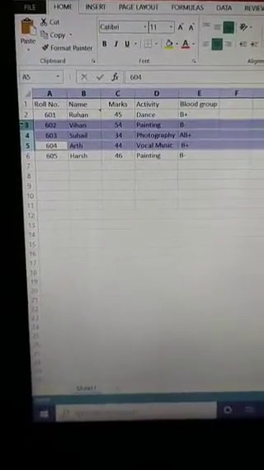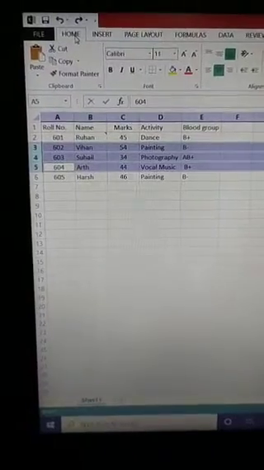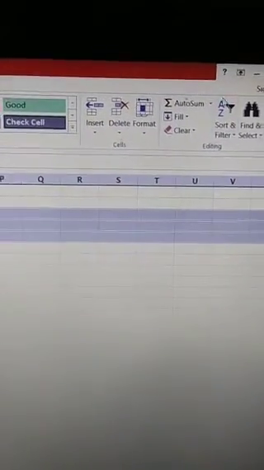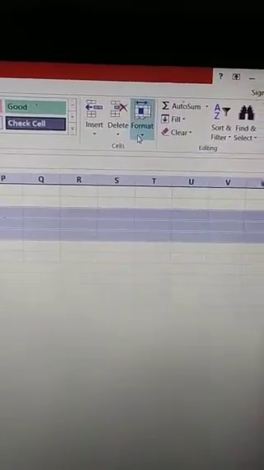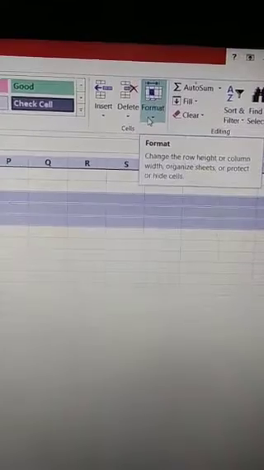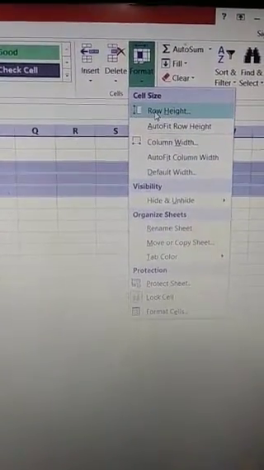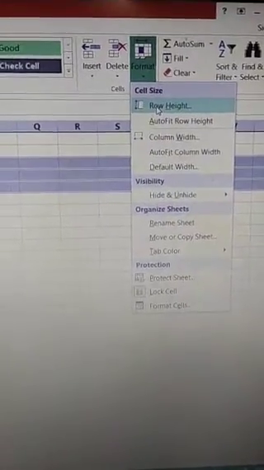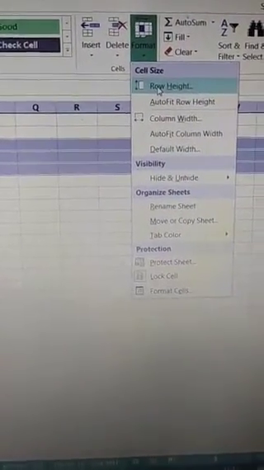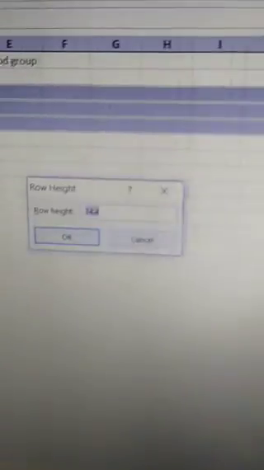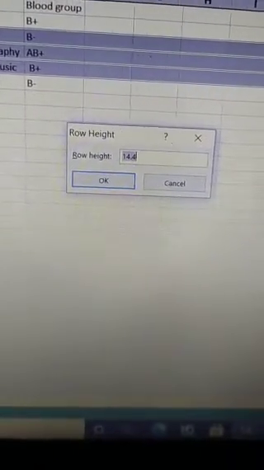At first I have selected these, then I have to go to the Home tab. In the Cells group, click the Format button. Click on the drop down. After clicking on the drop down menu, here is the option, Row Height. When I click on the Row Height button, a dialog box named Row Height will appear, and you can see the default row height.